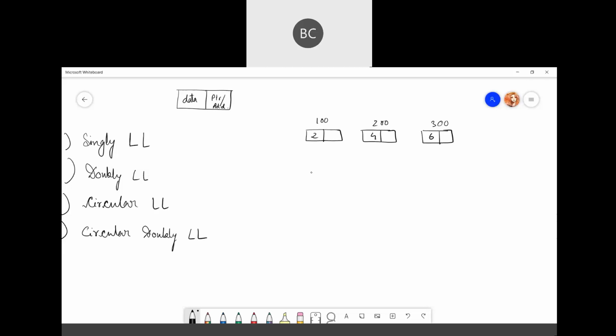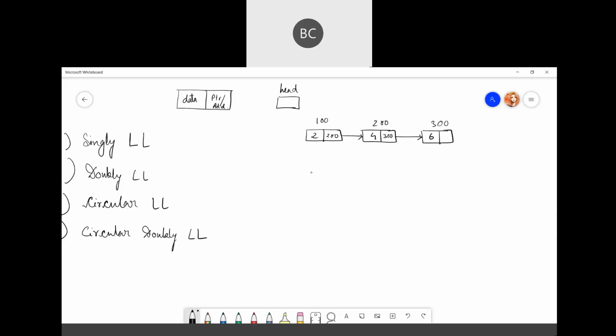So the first node will consist of the address of the second node. So here the address is 200. Okay. Next, the second node will hold the address of the third node. Okay. What's the address here? It's 300. Okay. Then in singly linked list, we mainly care about how we keep track of these things with the head.